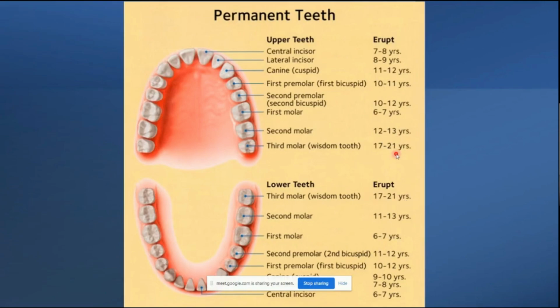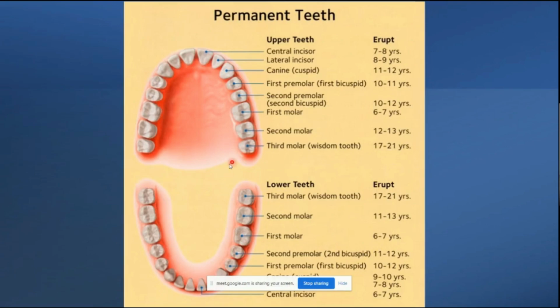So we used to remember it as 6 to 7, 7 to 8, 7 to 8, 8 to 9, then 9 to 10, that is the lower canine, and then go back 10 to 11, 10 to 12, then again come down 10 to 12, 11 to 12, 11 to 13, and 12 to 13. So that's how we would remember the eruption sequence. And we knew already that the first molar and the incisor erupt at the same age, so no need to remember that information. So you can go back home, practice this 6 to 7, 7 to 8, keep doing it a few times. You will never ever forget.